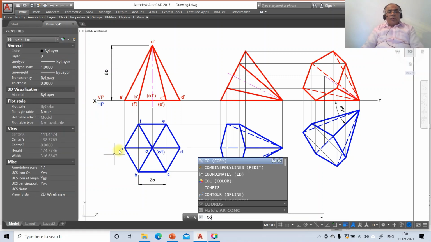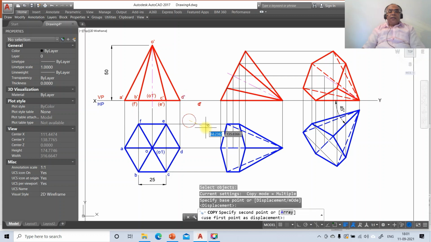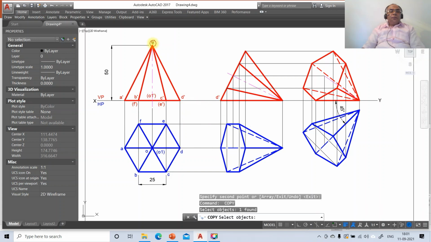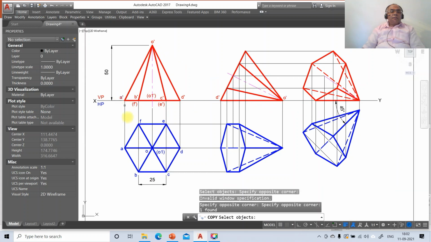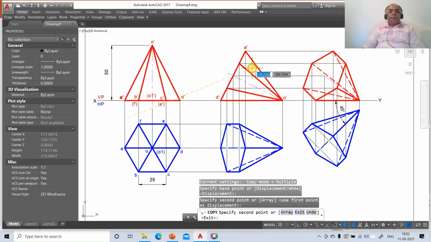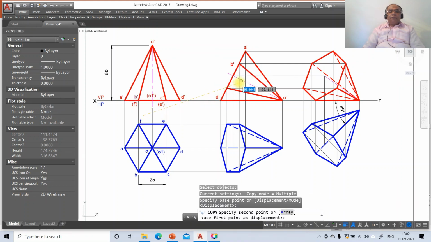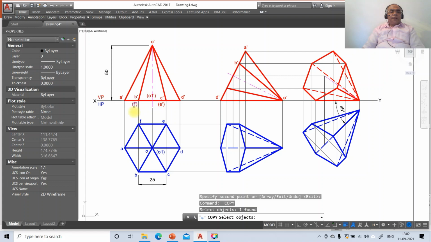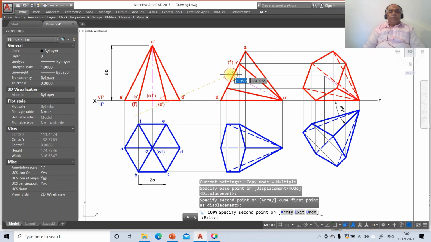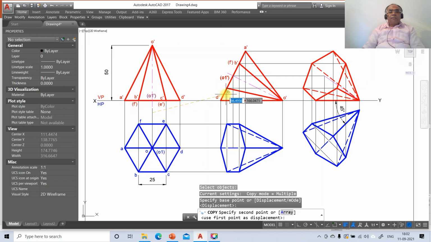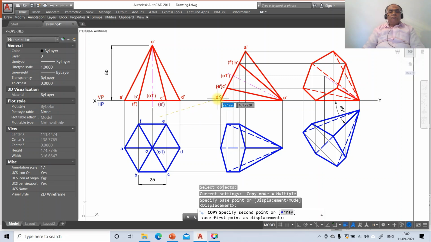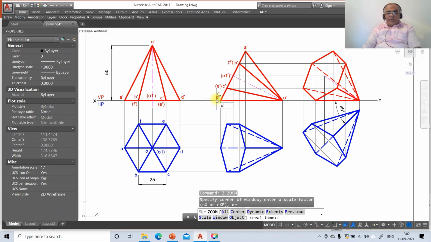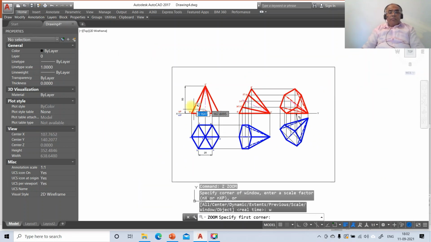So once you do that, then go to copy, select D dash and copy it here. Similarly O dash and copy this here. Similarly you take A dash and you copy this here, and you copy B dash here, you copy F dash here, you copy O1 dash here, you copy C dash here, you copy E dash here, then go to zoom previous, then zoom window,